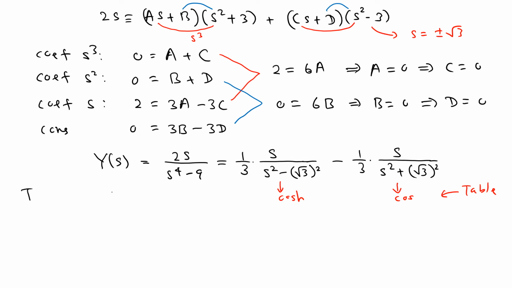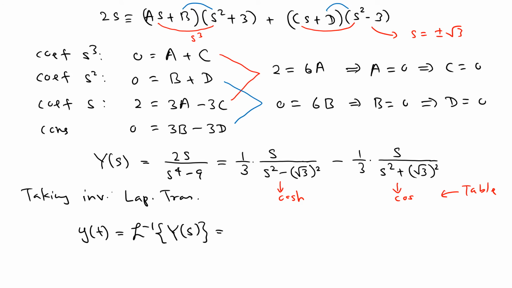So then we can say, taking the inverse Laplace transform, we have y(t), which is simply the inverse Laplace transform of Y(s). You can see that the first one says that 1/3 cos